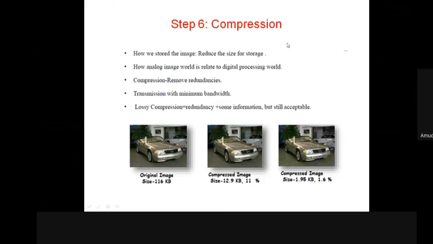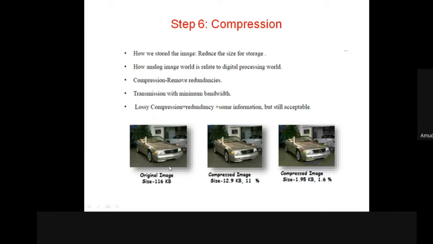Next step is compression. Compression reduces the image size for storage. The compression also removes redundancy. So for example, if you compress the data or image and you want to transmit it, we can transmit with minimum bandwidth. So always we compress the data to a minimum so that we can transmit easily.